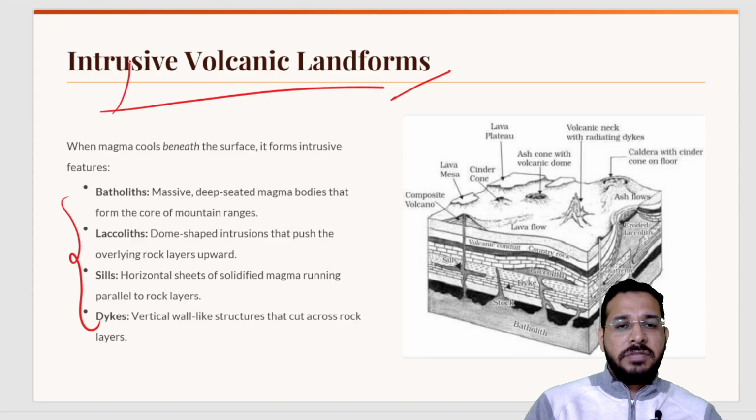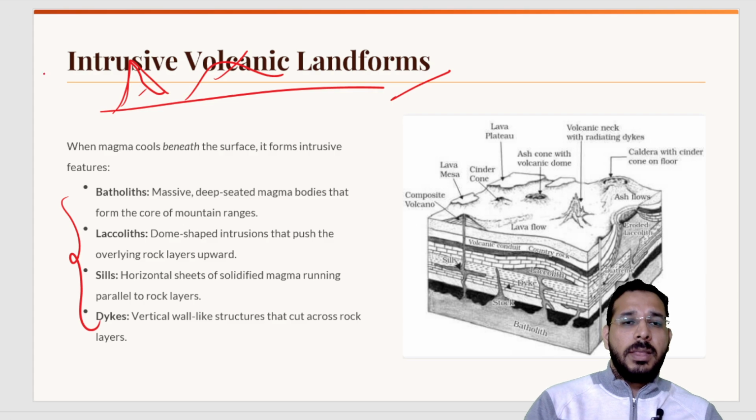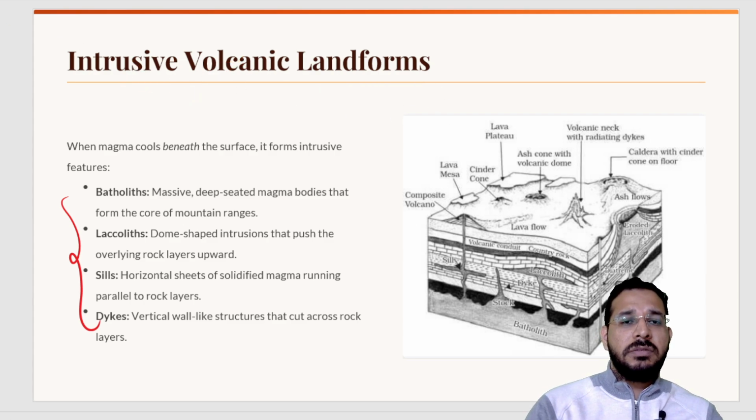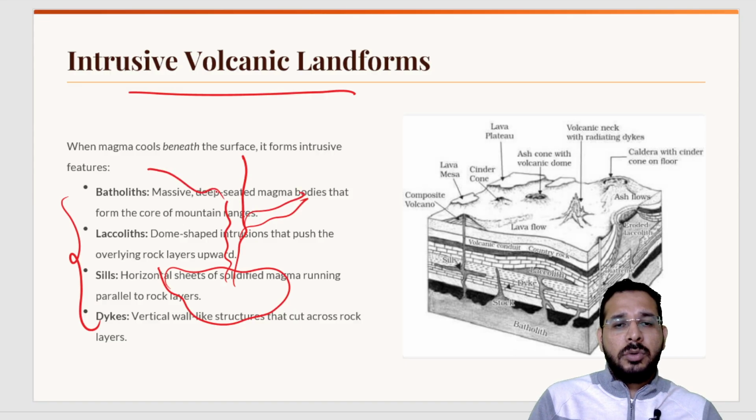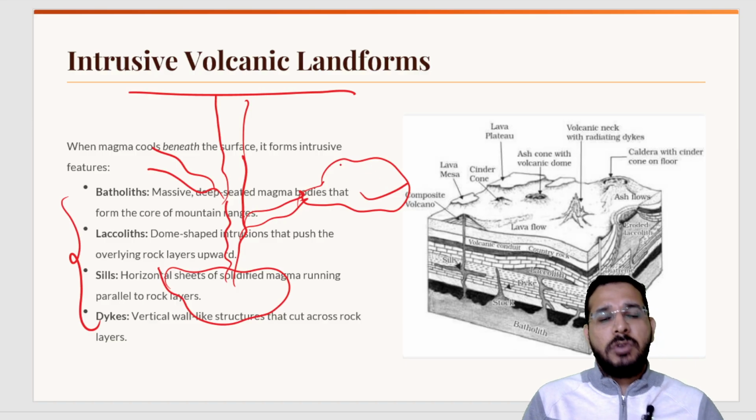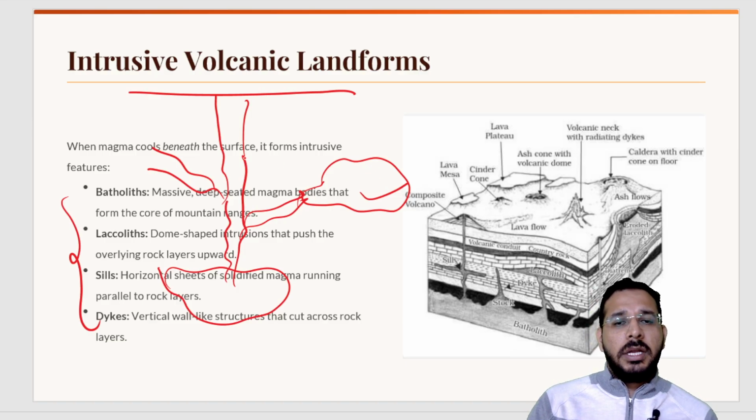On the surface we have volcanic cones, the mountains or shield volcanoes, etc. These cones are above the earth's surface, because of which they are called extrusive. Intrusive means within the earth's surface. Imagine here there is a magma chamber and lava is erupting up, and it is going to the sides also because of some spaces, and here it has solidified and some structures are formed. These structures are called intrusive volcanic landforms.